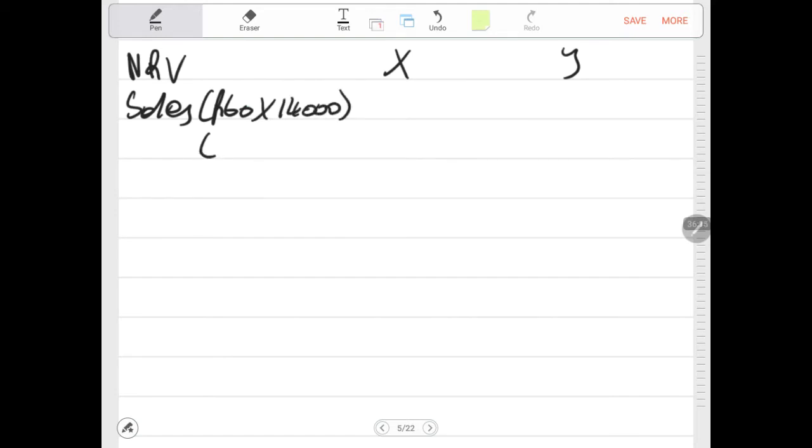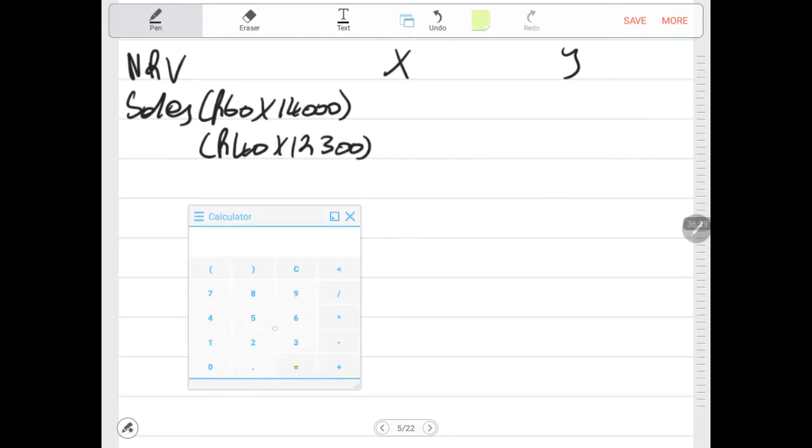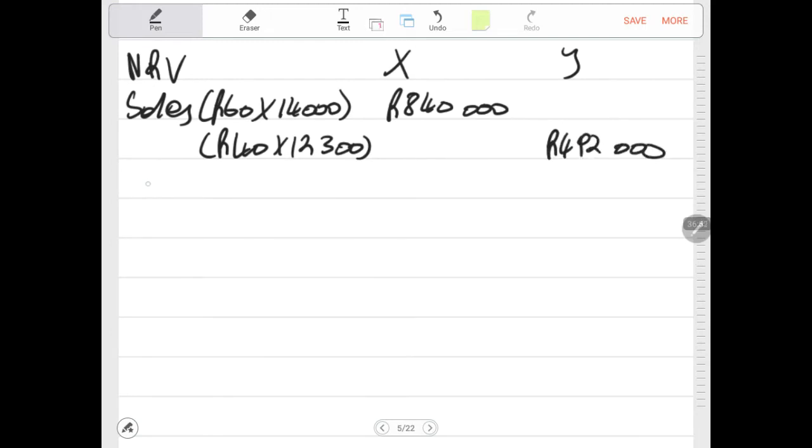Whenever we're allocating joint cost, we calculate our hypothetical sales value, meaning assuming all the units that were manufactured were sold. Then 40 Rand by 12,300 units that were manufactured for product X. For Y, in fact, by 14,000, we get 840,000. For product Y, we have 40 Rand by 12,300. We get 492,000. Then after, we need to deduct our further processing cost,